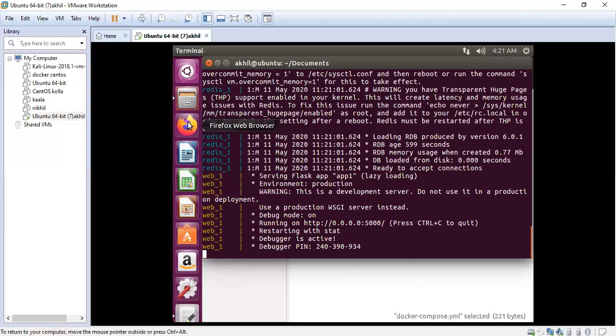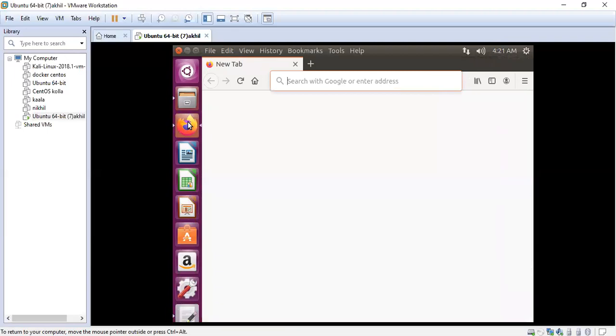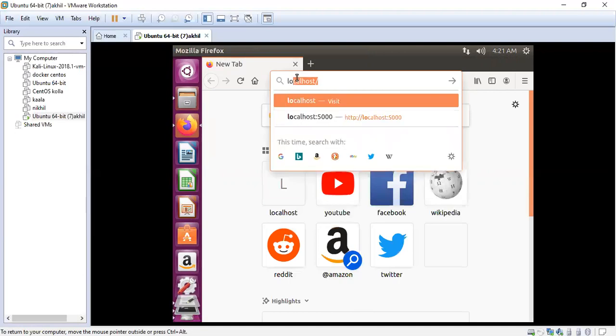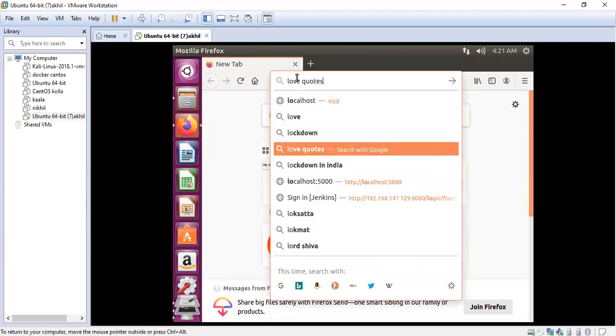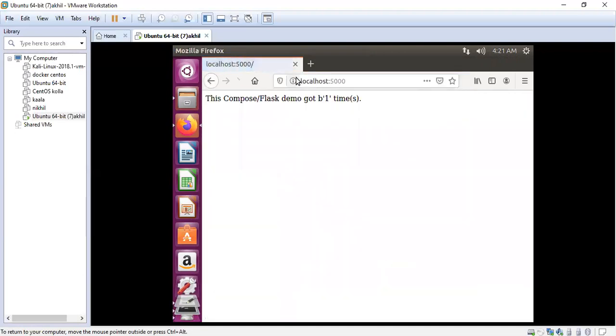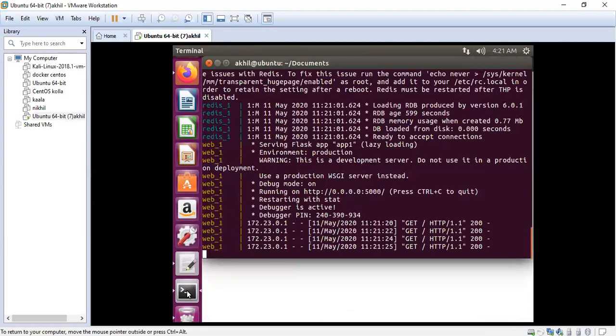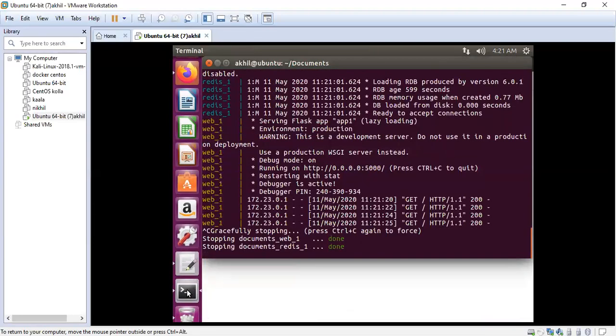And you can go to your local browser and just type localhost:5000. See, it got one time. Refresh it, 2 times. Refresh it, 3 times. Refresh it, 4 times. So on. It goes and goes and goes. Okay, you need to exit by using Control C.